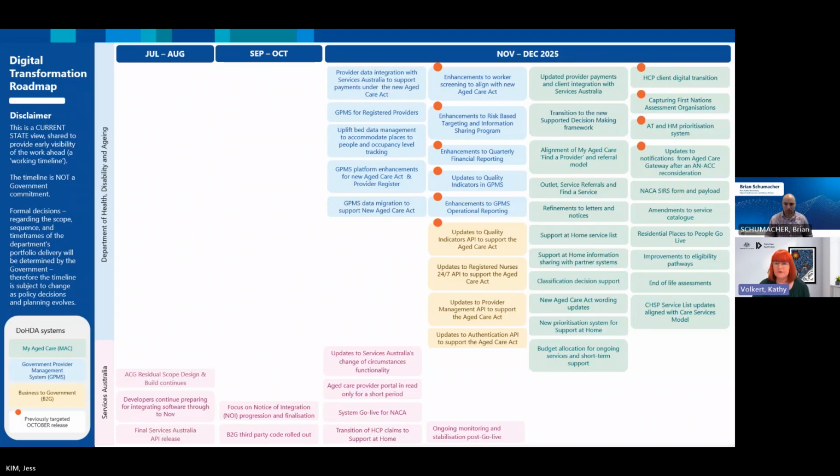And then as we move into the November to December period, we will have the provider portal. So there's a period from 1 November to the 5th of November, and that's the cutover weekend basically, where the aged care provider portal will be in read-only for that short period, whilst we are doing quality checking of the data as it's moved into production.